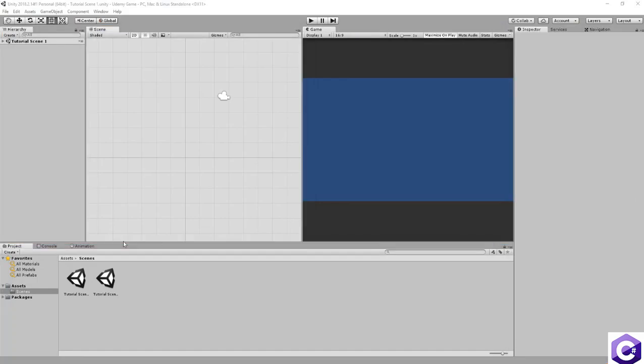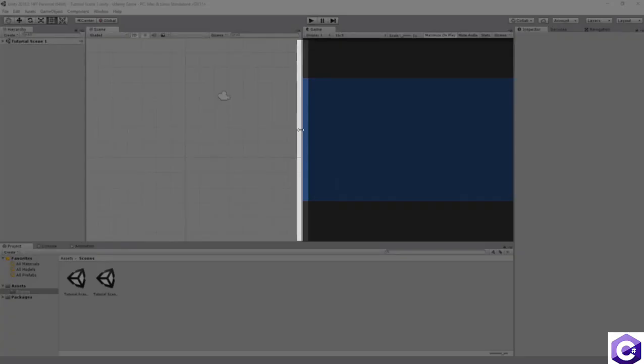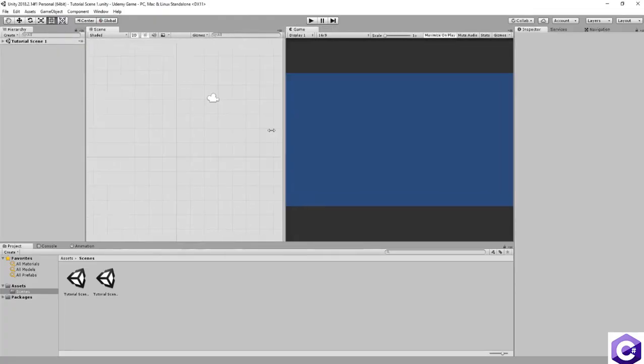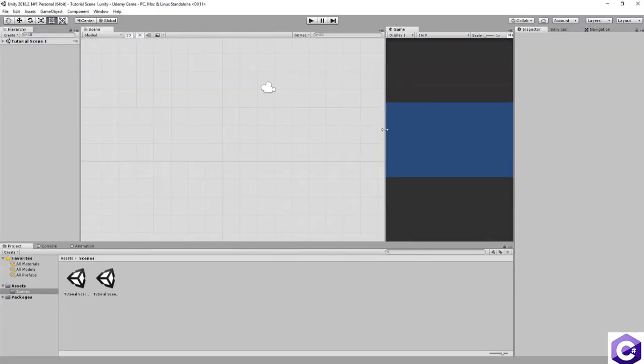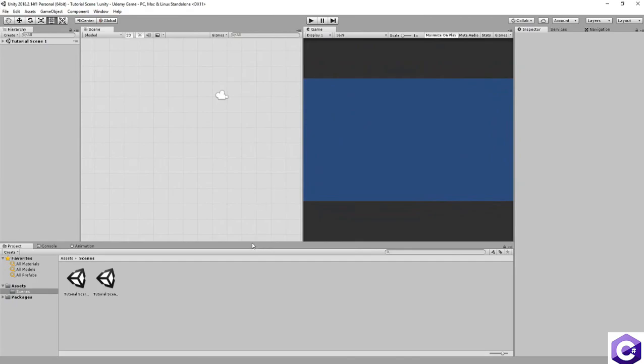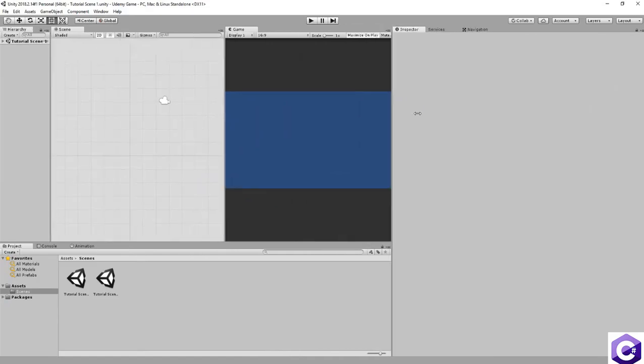It actually lets you customize the interface's layouts, which is really cool. So for example, say you wanted the scene window to be a bit larger, you can simply hold down the left mouse button on this edge here and drag, and doing so will get the scene view shrinking or expanding. And you can obviously left click and drag pretty much every single edge to scale up or down your various